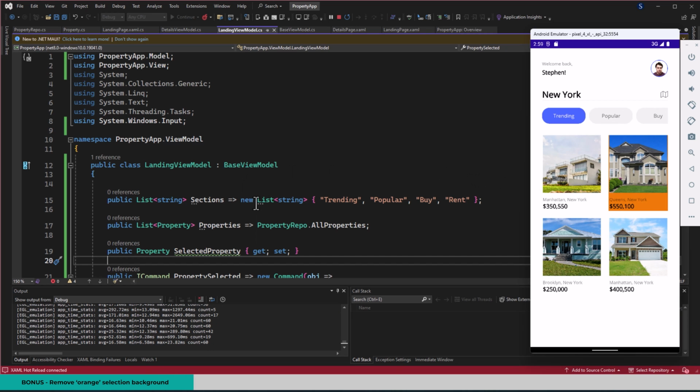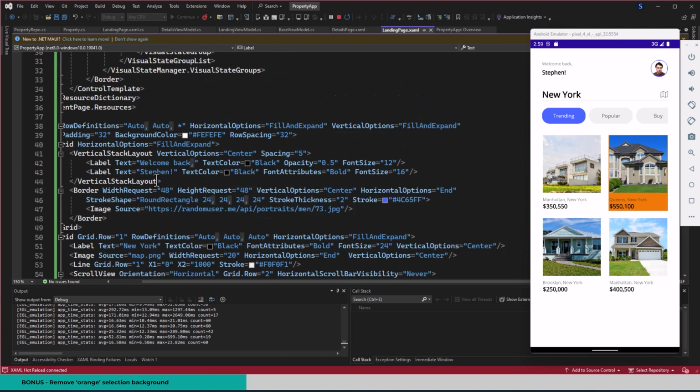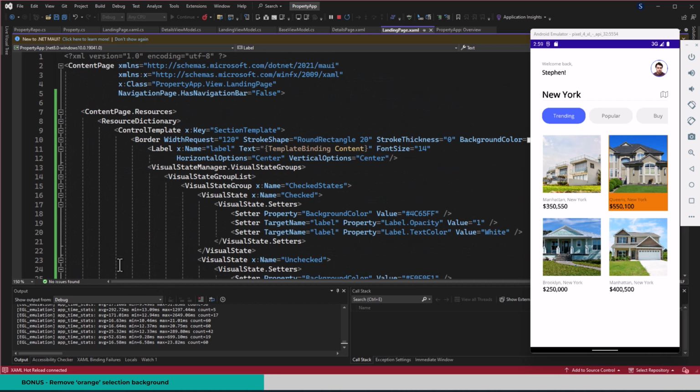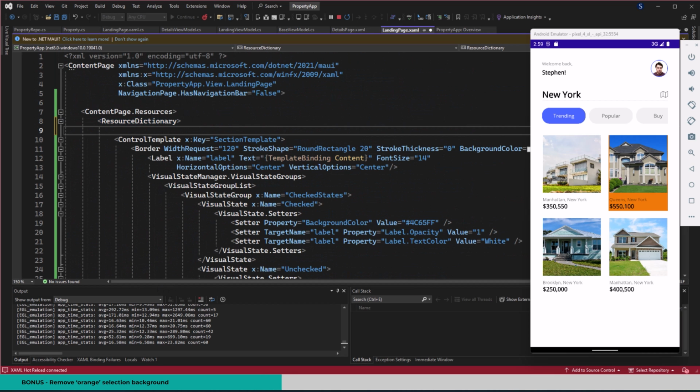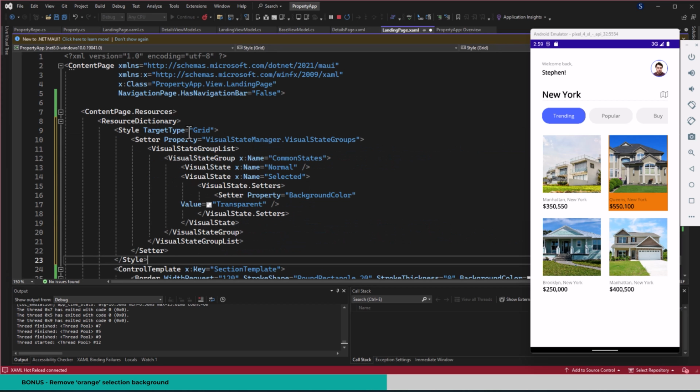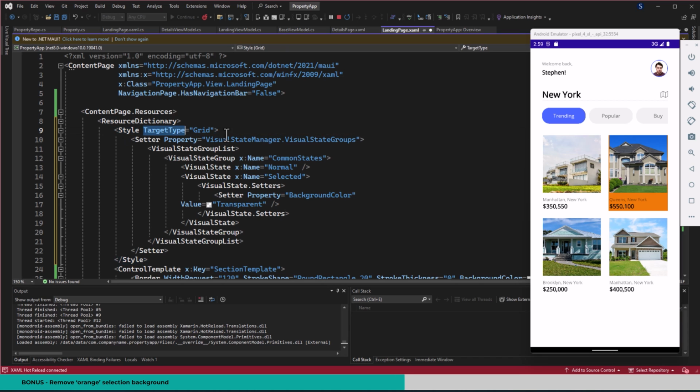It's not looking good. So what we're going to do is go to the landing page, the XAML, and then in the resource dictionary, we're going to add a style to this. It's a simple style that I'm going to bring in, and I'm just going to explain it to you for the sake of time. So we're going to have a style that targets the grid, and in the property we have a visual state